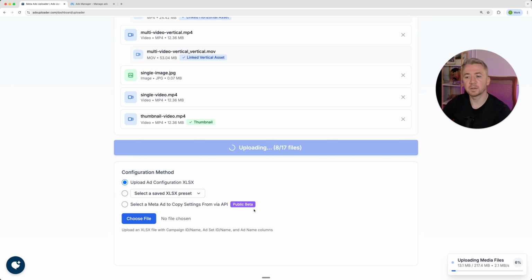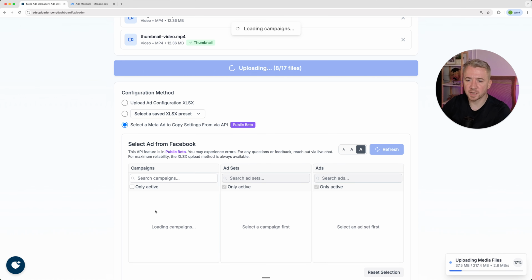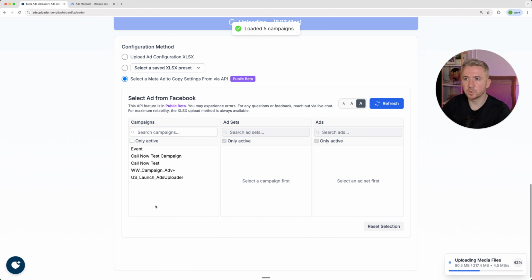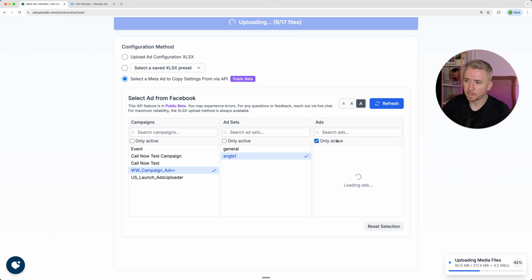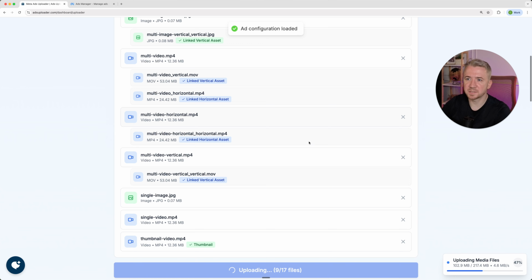the configuration. So if you've used Ads Uploader before, you'll know that we can go over to the Select a Meta Ads Copy Settings From option, and then you can choose a campaign, ad set, and ad from within your connected account. And that will be the ad that we load the settings from and apply those same settings to your new